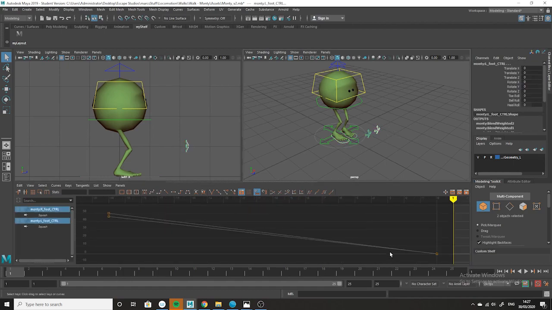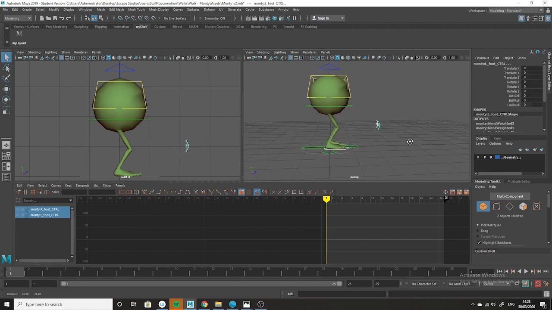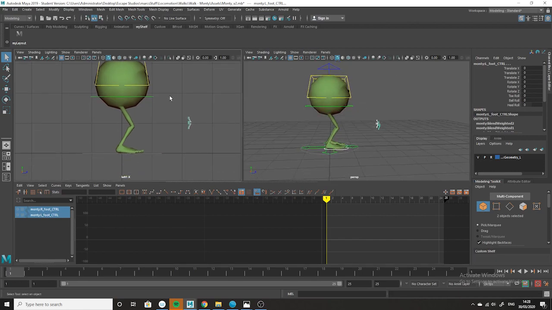Now, I'm also going to take this animation off. I don't know what it is, but there shouldn't be any animation to start with. Okay, so here's Monty about to start. Now in order to do this, if you followed on from other tutorials, often what they get you to do